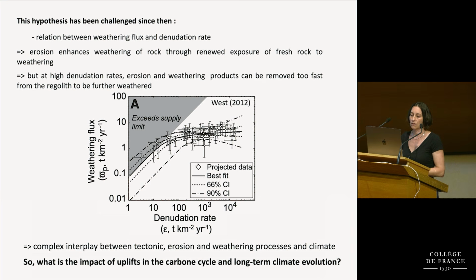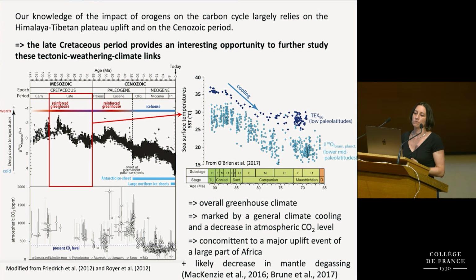So finally, given all of that, what can be the impact of uplift on the carbon cycle and on the long-term climate evolution? I'm afraid that today we still cannot actually answer these questions, despite all the progress that has been made on this topic. And our knowledge of the impact of orogenesis on the carbon cycle very largely relies on the Himalayan-Tibetan plateau uplift